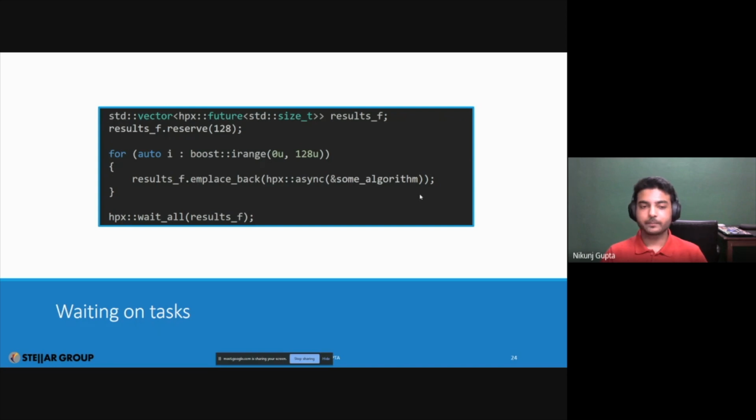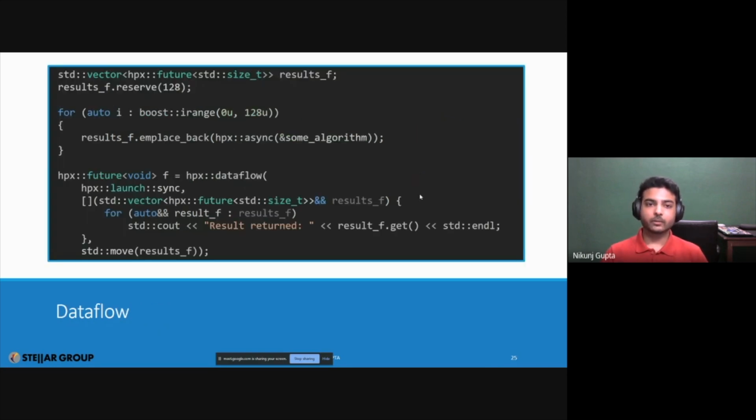So yeah, things may be different, but as an example for wait_all, this is something very basic for you to understand. Similarly, dataflow. Let's say this time around, you want to have a continuation once all of these futures are ready. What do we do now? We have dataflow this time. We launch it synchronously because we only want to, let's say, print out one single statement, and that's not a lot of work in terms of task grain size. So we tend to do it synchronously so that we don't end up with more thread contention.